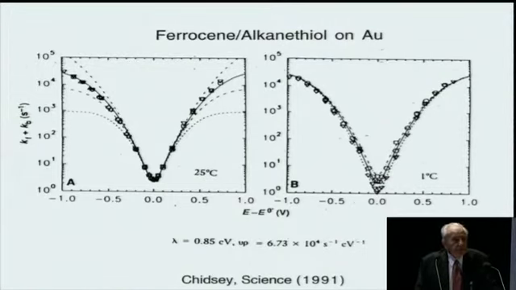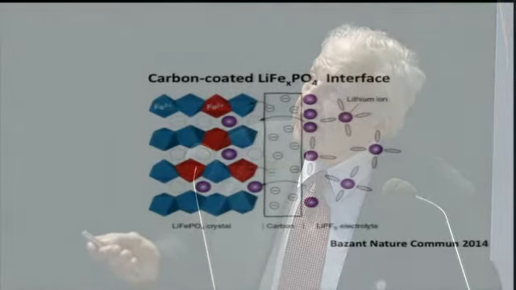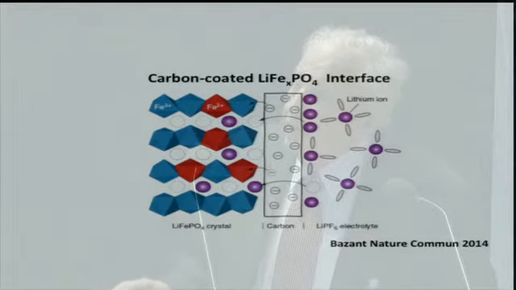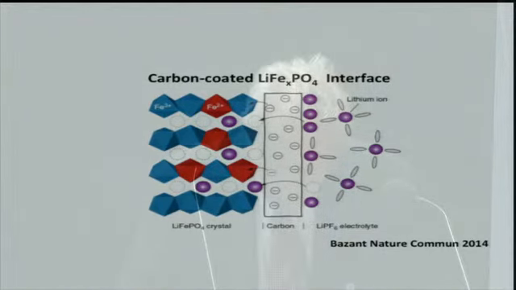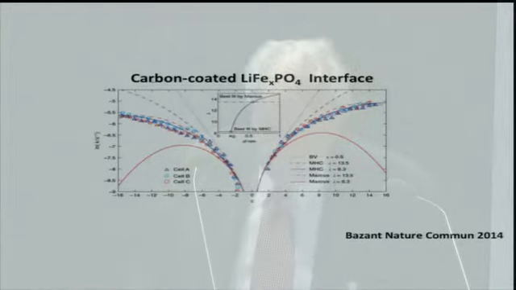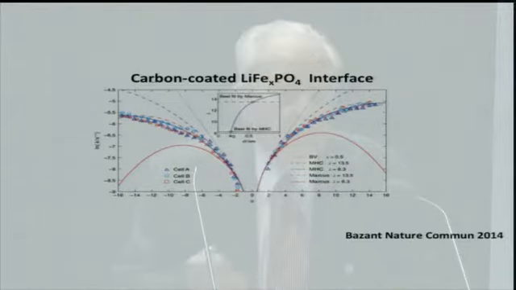Now, more recently in the nano field, a number of curved plots have been found, and here's an example. This is from a paper, Bazant in Nature 2014. It's a complicated system, this lithium iron phosphate, and anyways, he measured results for it, and here are these curved Tafel plots that he's found. Now, one might argue with the interpretation. I haven't looked into it, but the main thing now is that one's getting curved plots. Of course, the key thing is interpretation. And yeah, I guess that's it.